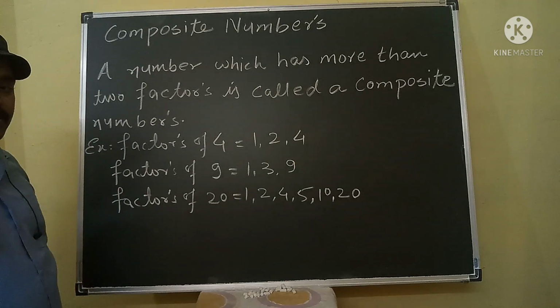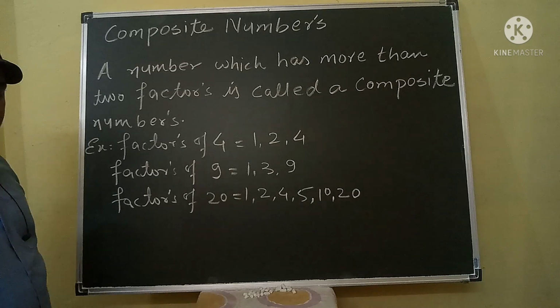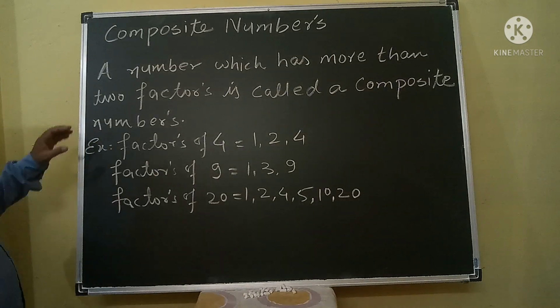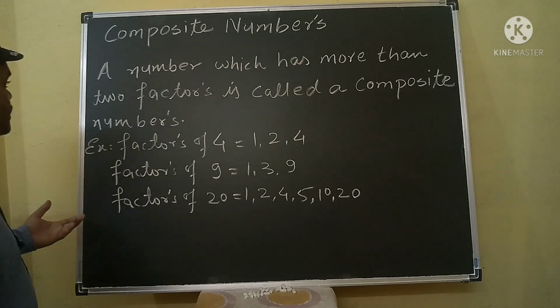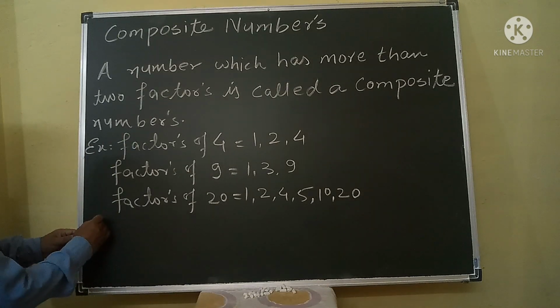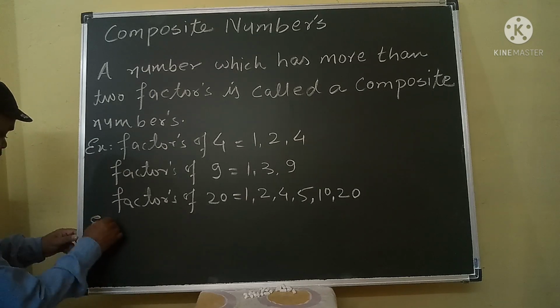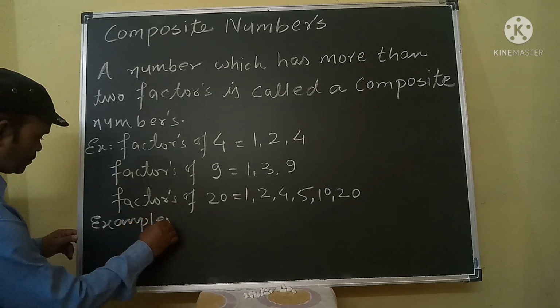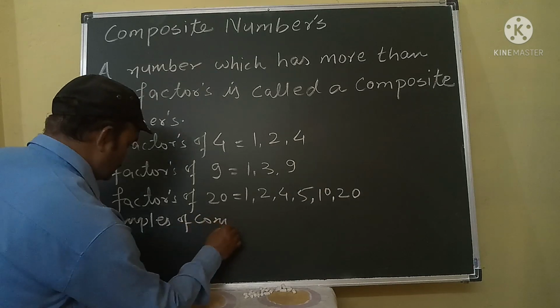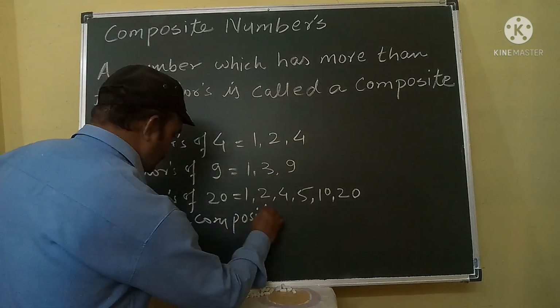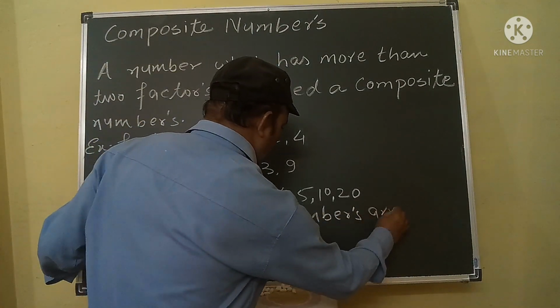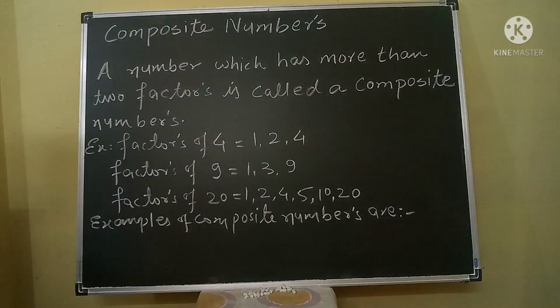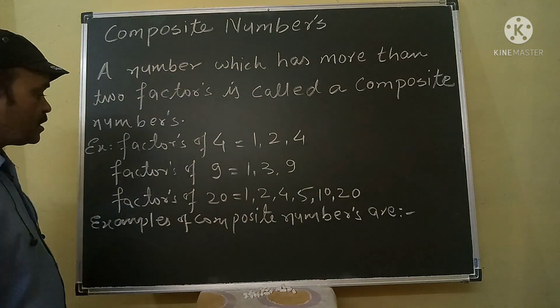There are many composite numbers which have more than 2 factors. Examples of composite numbers are